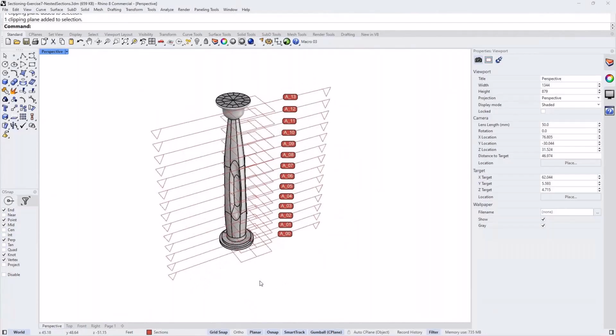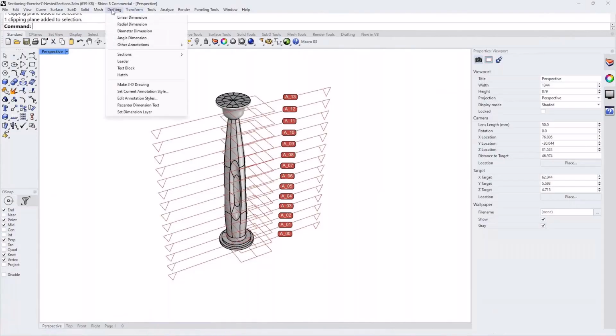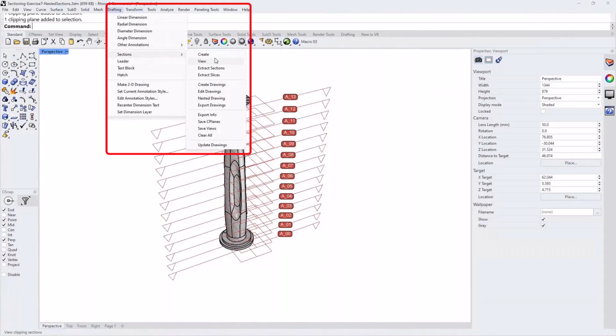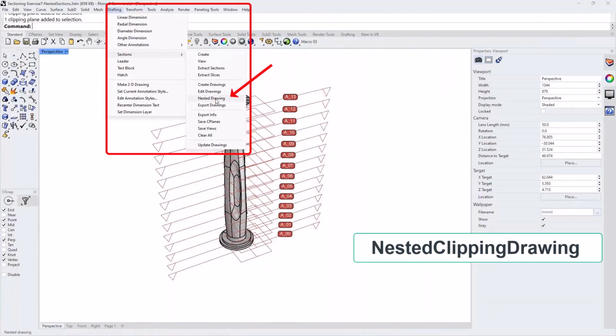laser cutting, and perhaps you want it much denser than that, but just to illustrate the point, you can say, I want to extract a copy of these slices, sections, and lay them on the XY plane. A really interesting command, it's also new to Rhino 8, is to use what we call nested drawings. Nested drawings is a static copy. It's not going to update with model changes. This is basically the last step after you created your model. I want to prep it for laser cutting.